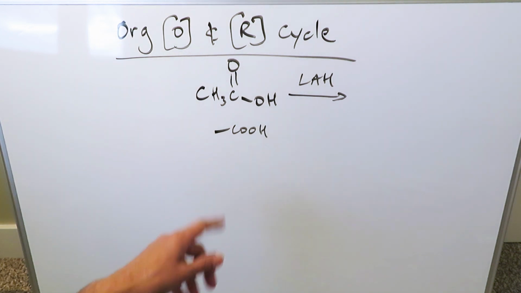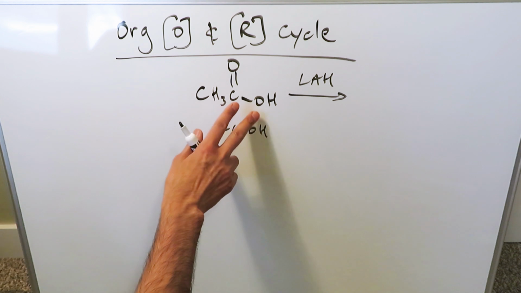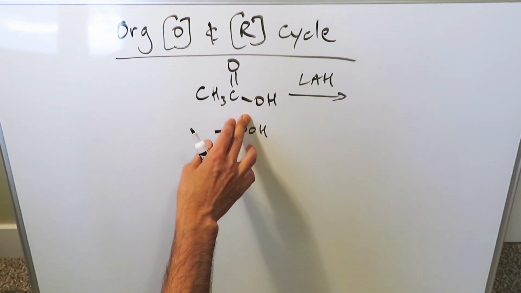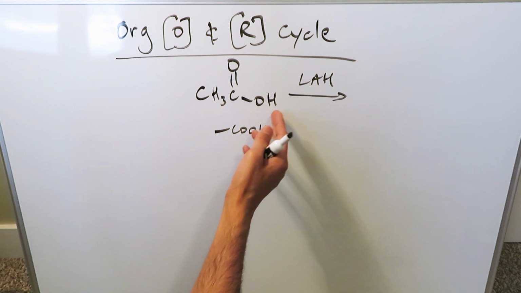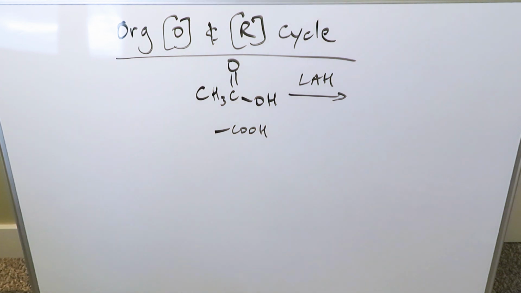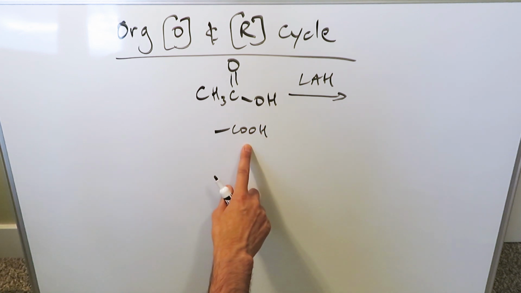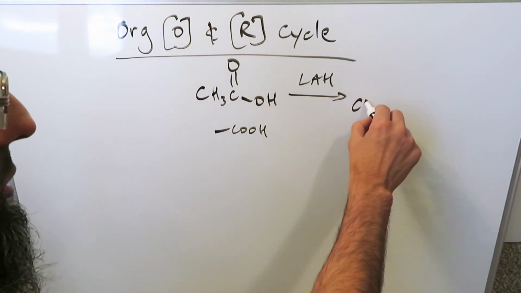How do you know that this compound is oxidized? Simply by the presence of the oxygens. The more oxygens in an organic compound, the more oxidized it is. The fewer oxygens and the more hydrogens, the more reduced it is. Lithium aluminum hydride converts this carboxylic group into an alcohol, and it would be